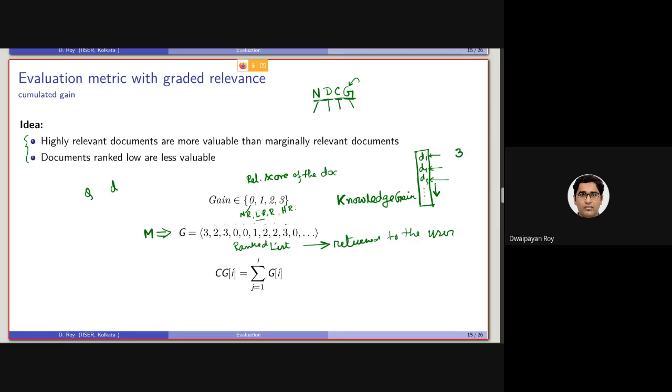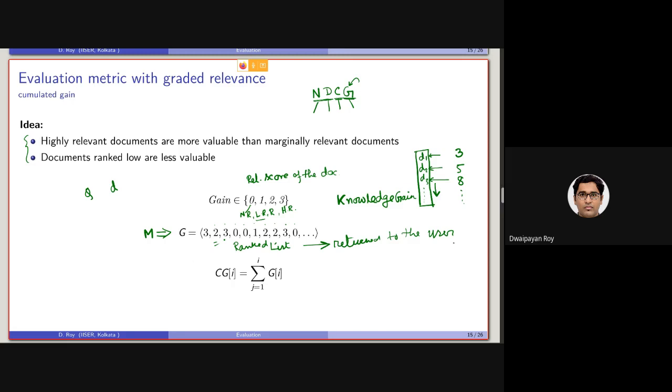Before reading the second, the knowledge gain was 3. Now after reading it, it is 3 plus 2, because the grade of the second document is 2. So the total knowledge gain is 5. Then again it is 3, so the total knowledge gain is 8, and so on.